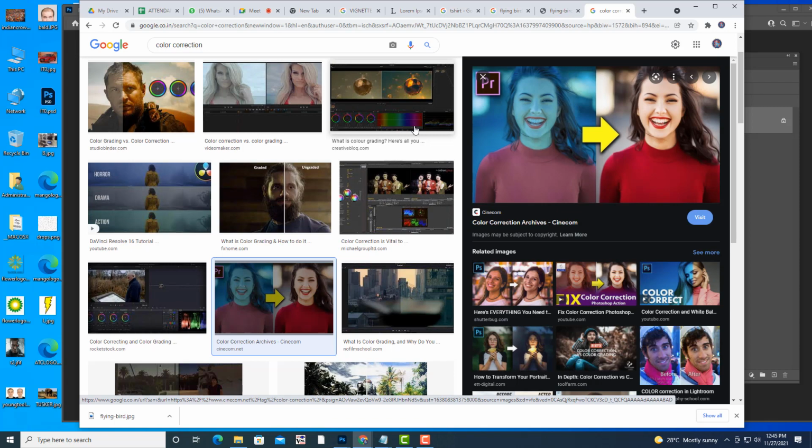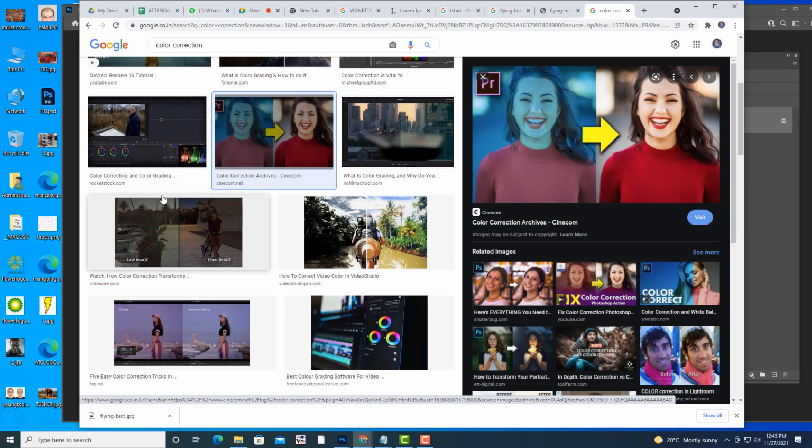So we are going to take unnatural colors, or let us say black and white. Black and white is not a natural color because the real world is in color, not in black and white. So we are going to convert the black and white image to color. And there are actually two techniques in color correction. One with using adjustments, one without using adjustments. I will first tell you how to do color correction without using adjustments, then after that I will tell you by using adjustments. So let us see both the methods.